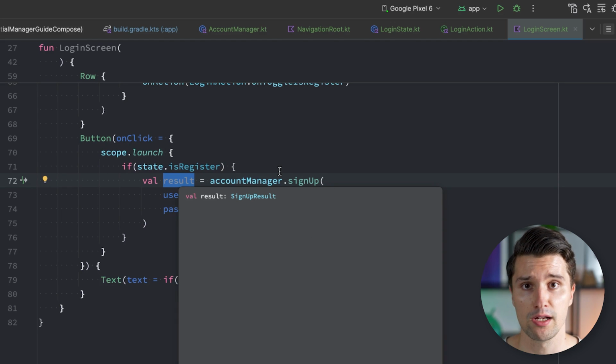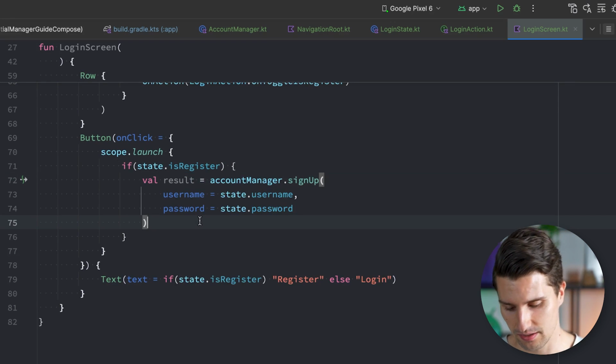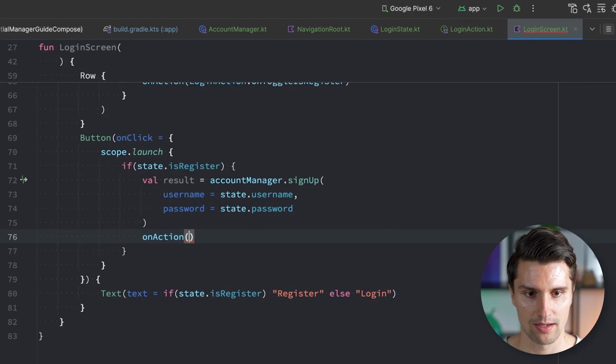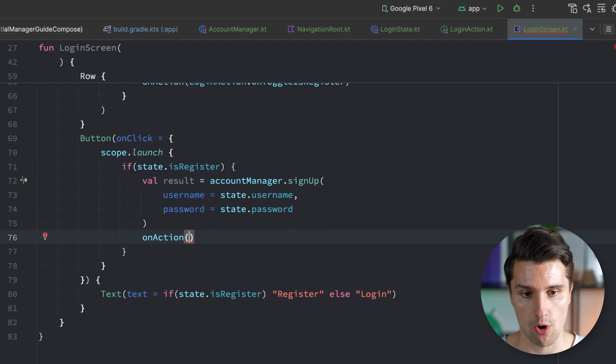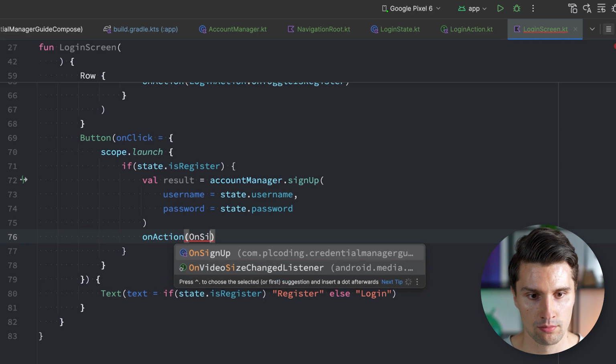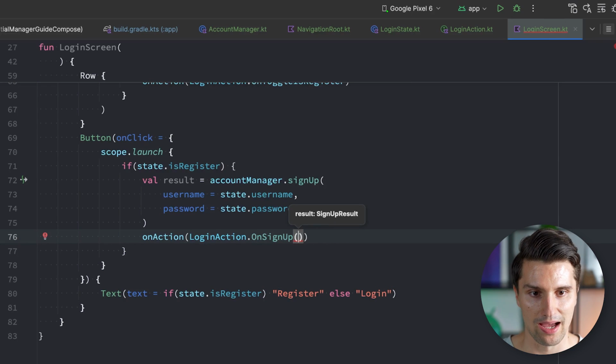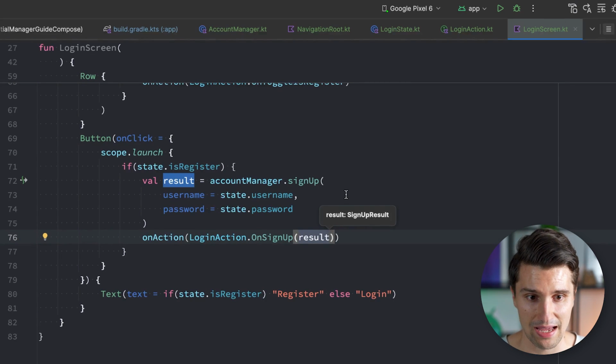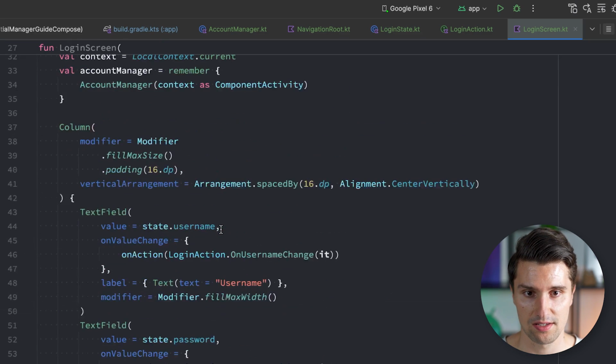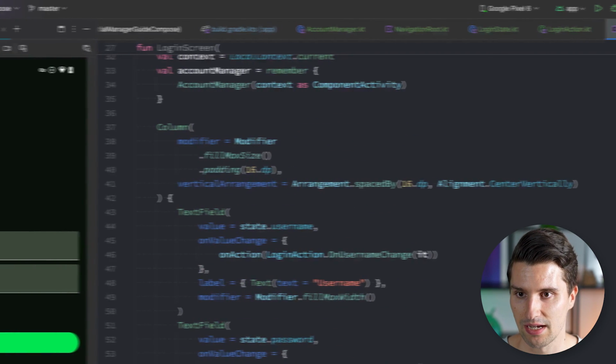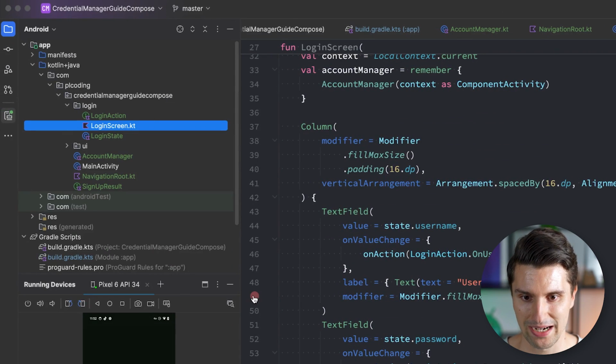which holds the information whether there was a failure, whether the request was canceled, whether it was successful, of course. And we can then take this and delegate handling that to our view model. So we call our onAction lambda, we say on sign up, and we pass in our sign up result. The last thing that's now missing in order to test this, at least signing up, but signing in is then also not that much more extra logic,